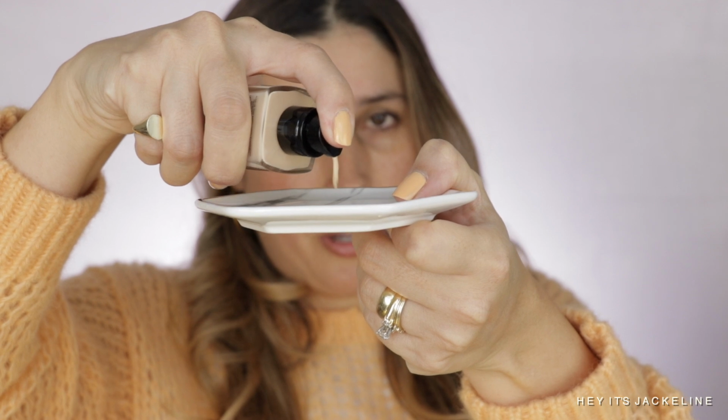So I already did a full-on review of the new Chanel Le Beige foundation. I got it in the shade BD31, so I'm losing a little bit of my bronze, but yet I think this is still a little bit too light. So the way that I have been using it is I'm just gonna put a little bit on my dish, like about a pump,